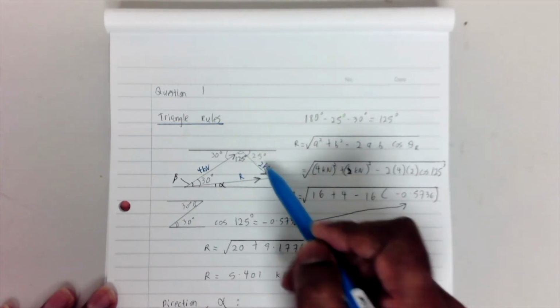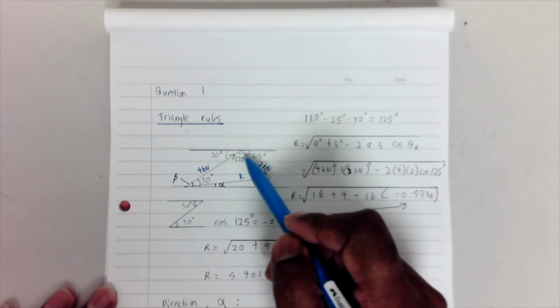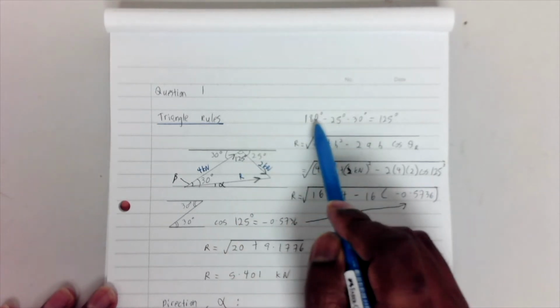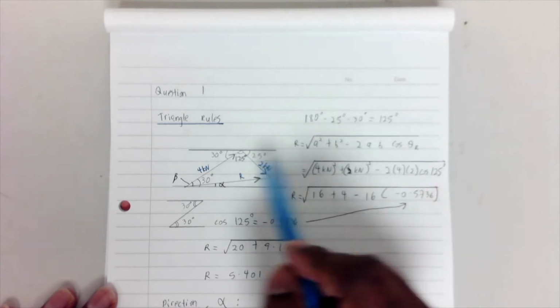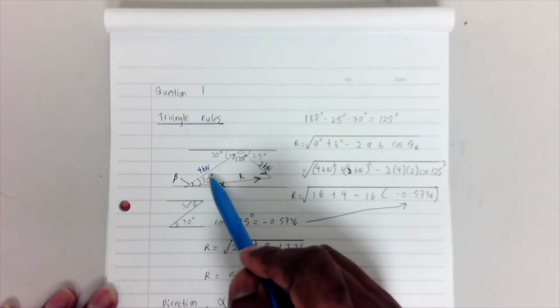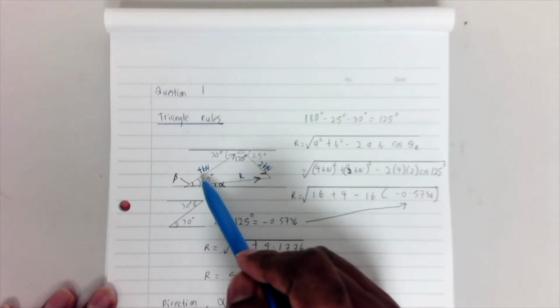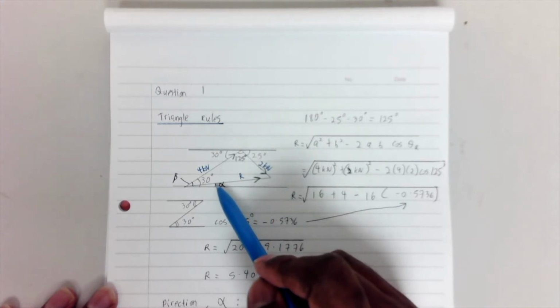For 2 kilonewton, the angle given is 25. Okay, so when the angle here is 25, and here 30, inside here we can get the value, which is 180 minus 25 minus 30 equal to 125 degrees. Okay, that means the value here is 125 degrees. This one we are going to find out. From this to here is 30. This value we have to know, and we are going to find out the resultant and also the alpha value